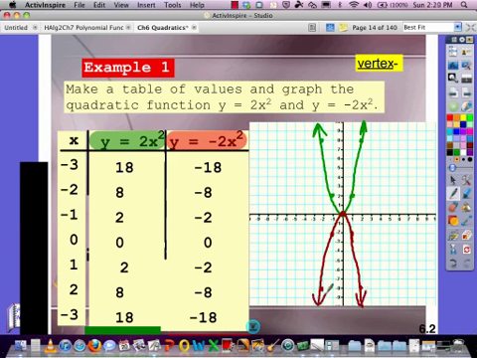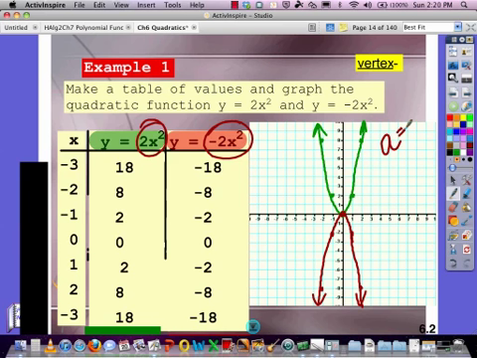What we're seeing here is they're the identical parabola in terms of width, how wide you are between the two branches. They both share the origin as their vertex point. One is a minimum point, one is a maximum point. But if you look back at your two original equations up here, what's the only difference you're seeing? That negative sign. That negative sign out front made one go up and one go down. So that is our A value